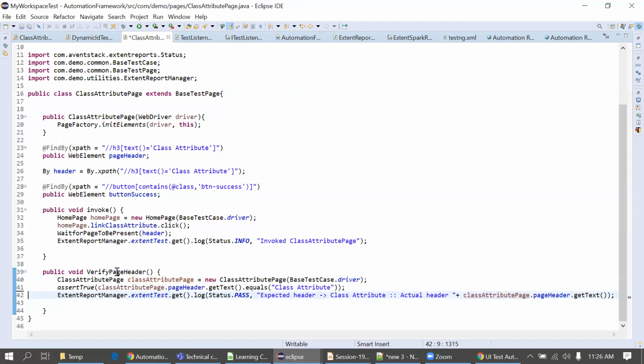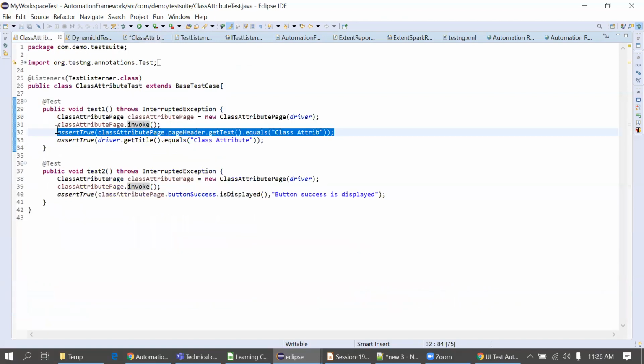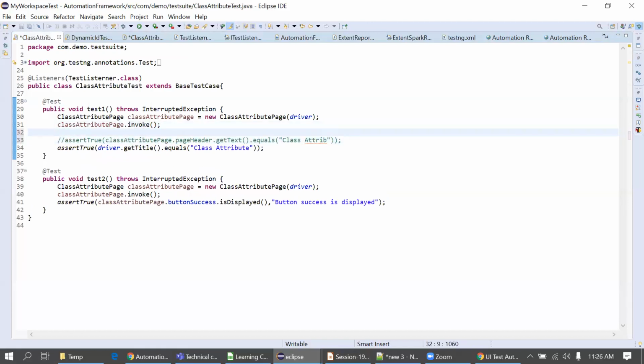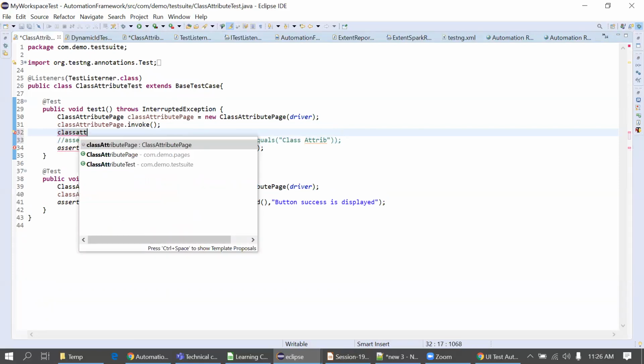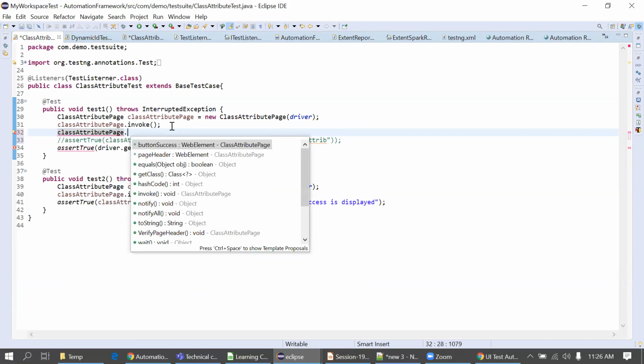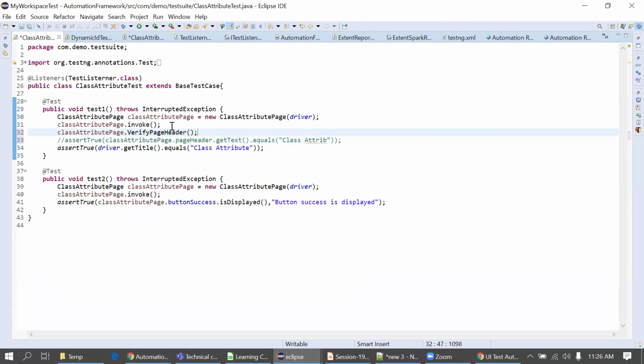Now I'm calling this method at test case level, verify page header, instead of this code. Why have I created the method? Because I don't want to call the extent report at test case level. That's why I created a method. Verify page header. So now I'll execute this code.